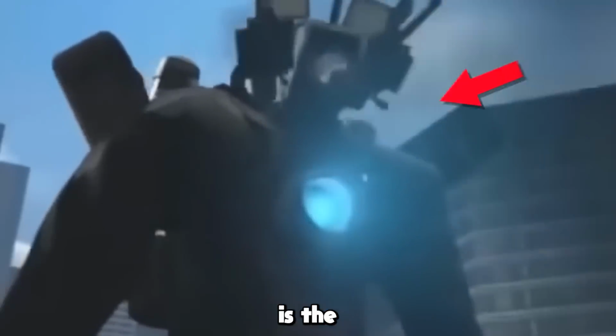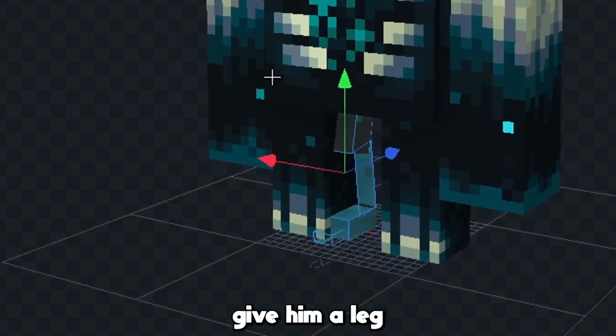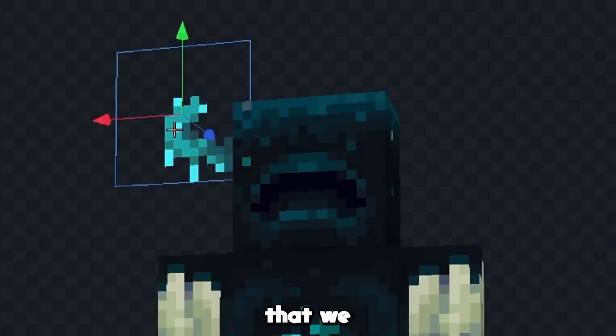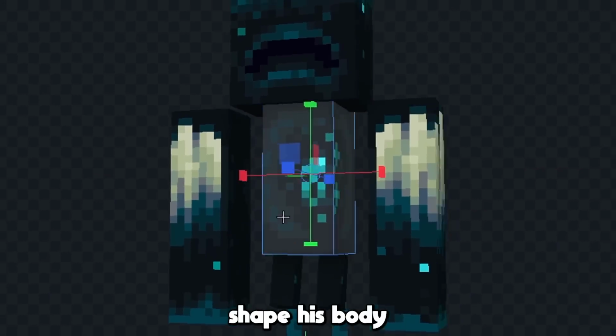Next character I'll make is the Titan Cameraman, and I'm gonna use the Warden to make him. First, I'm gonna give him a leg from the cameraman we made last time, and then I'm just gonna remove all this stuff that we don't need. Now let's copy his leg over to the other side, and we'll just shape his body to match his legs